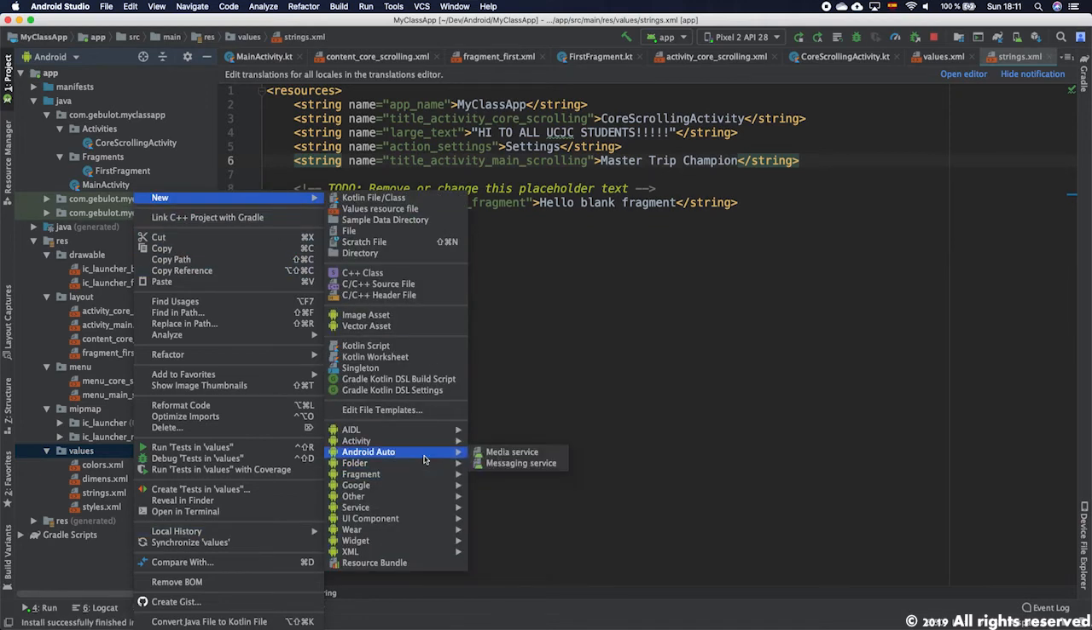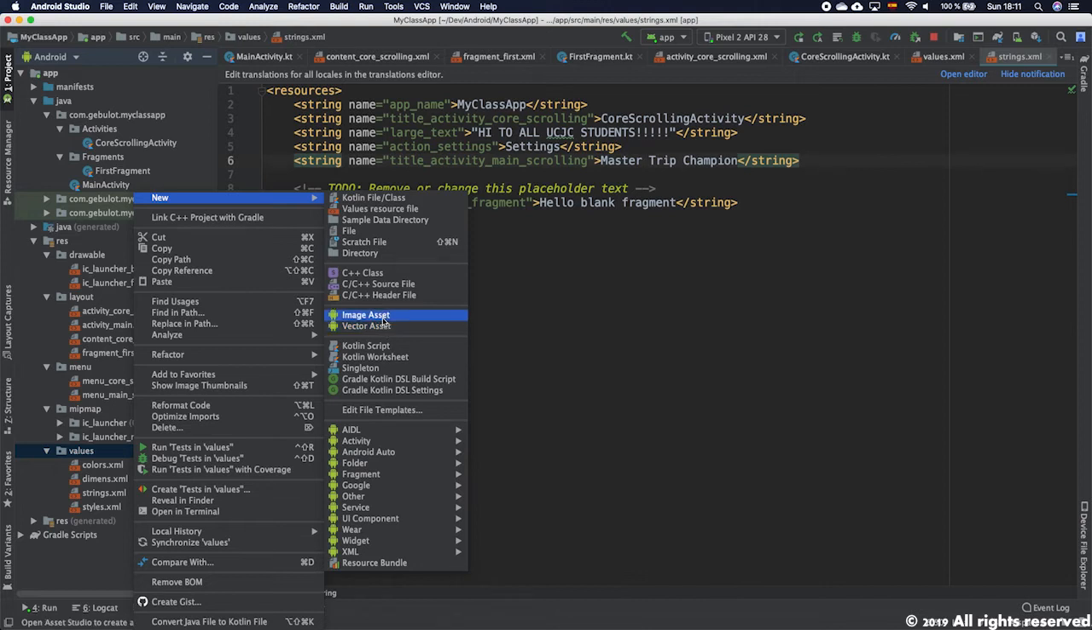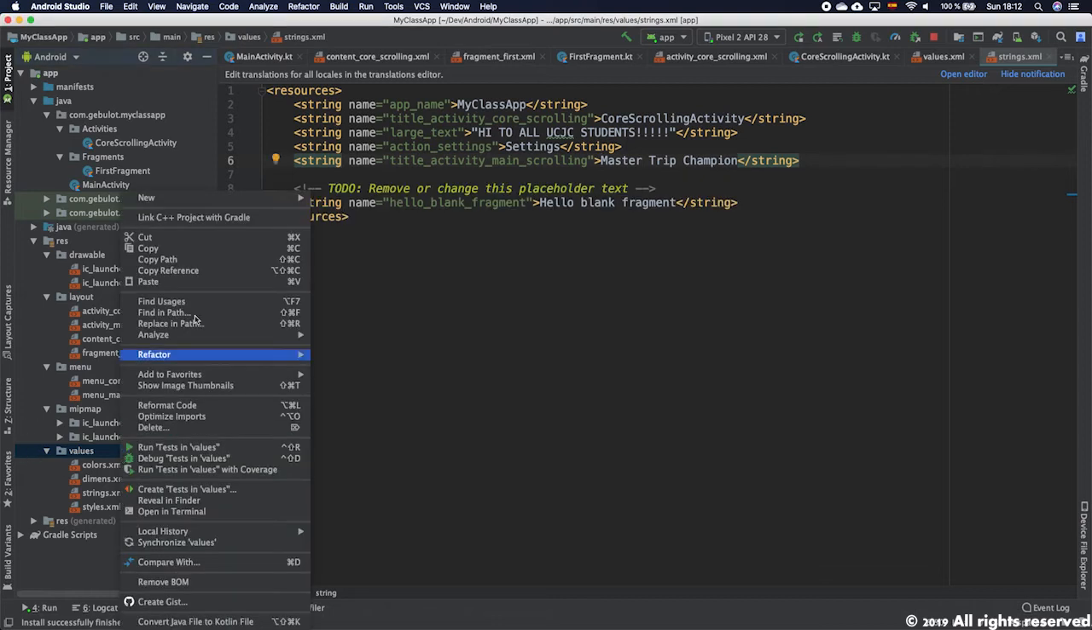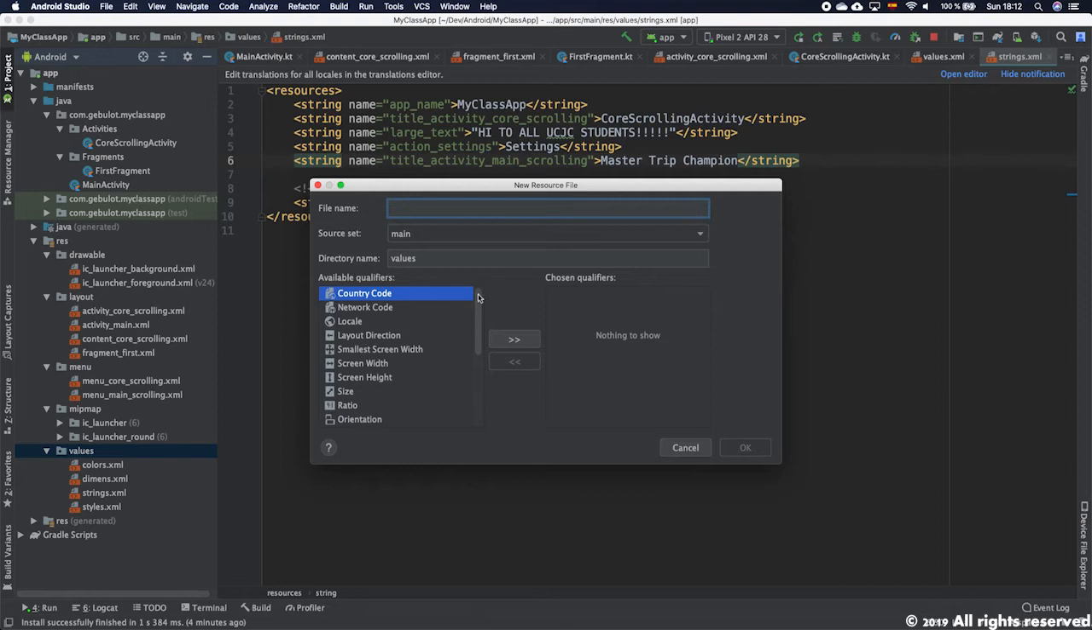Okay, if we come here and we go to the values, new value resource file, we are capable of creating